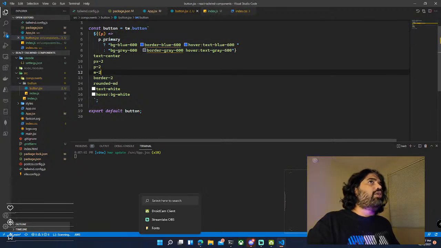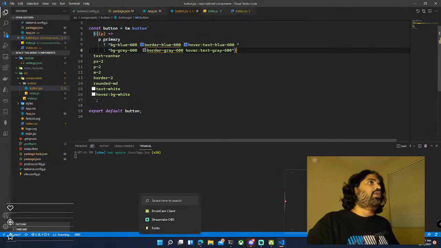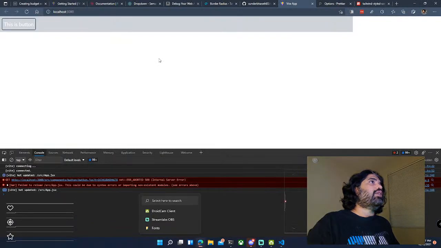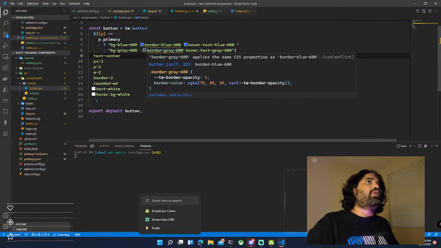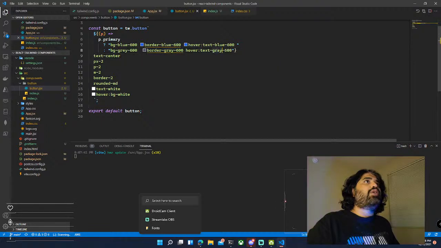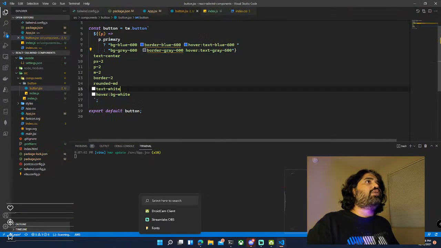Okay. Let's see how this goes. It plays out. Yeah, you see that. One more thing I want to do is text color is gray, but I don't know why it's showing a different color altogether. Sure, gray. Yeah, so that's cool, but